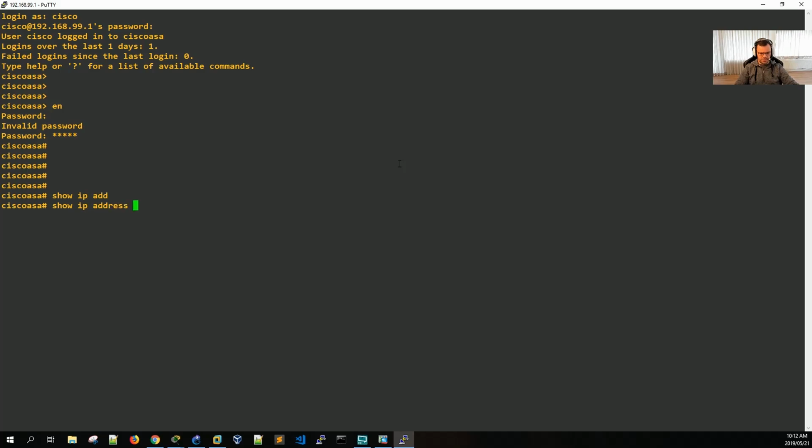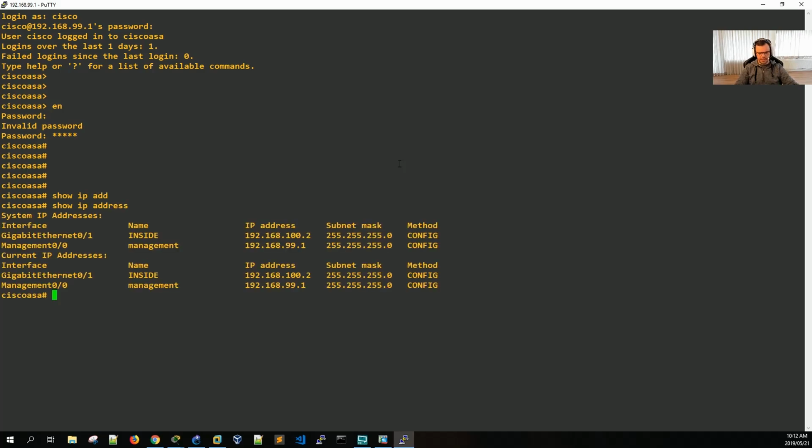Show IP address, just a normal one, just to show you guys again the command difference between IOS and ASA is not that much. There is a small difference, but it's really not that big of a deal. It's really easy just to learn the commands off by heart. So for instance, if you need the packet tracer, which was the command line one, let's do the command line one, packet tracer, and I'm going to question mark it through here,